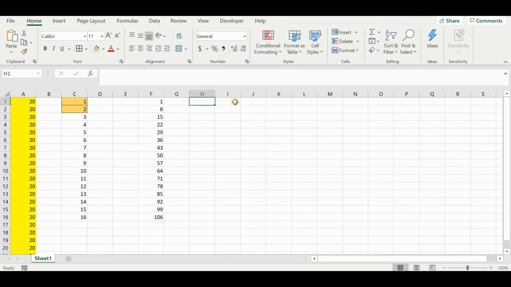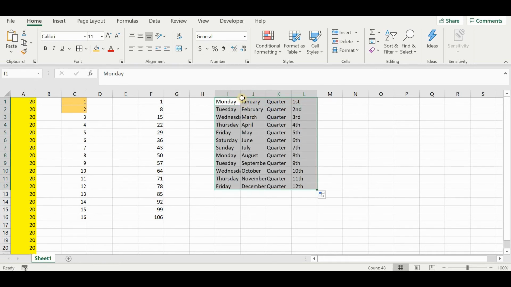Fine. Now I'll show you one more thing. Suppose I write Monday, I write January, I write Quarter, and I write first. If I simply select all these and drag them, see the magic, it has automatically incremented each by order.